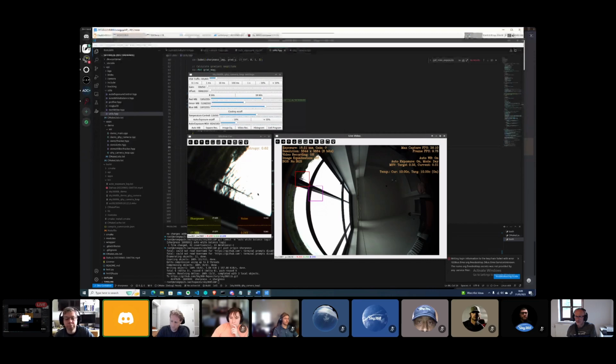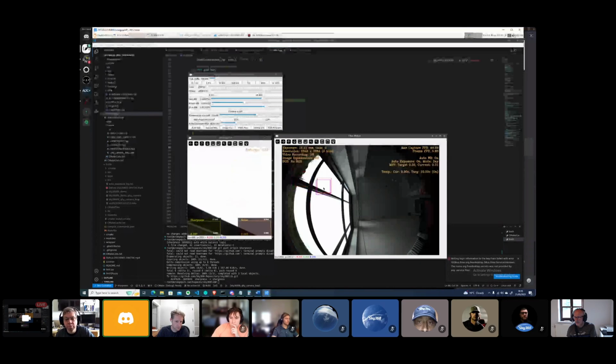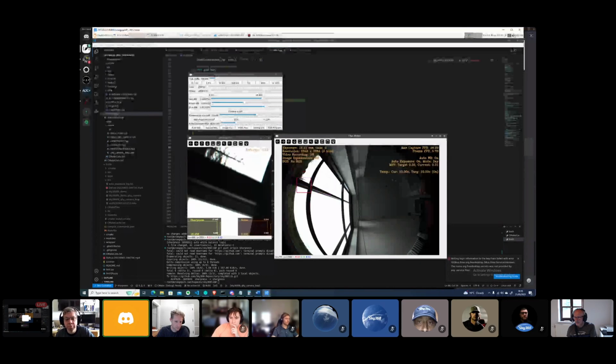Fabio's done a great job integrating them into this cropped area, a region of interest. You can click on the main frame of the camera view, and it'll pick out a little region and give you these measurements on a real-time graph. So you get noise and sharpness.